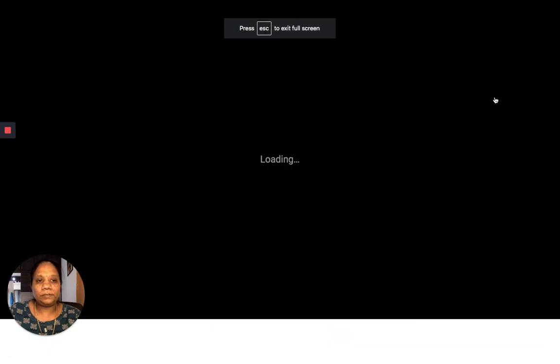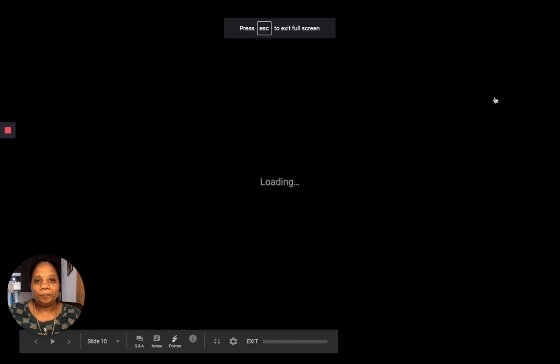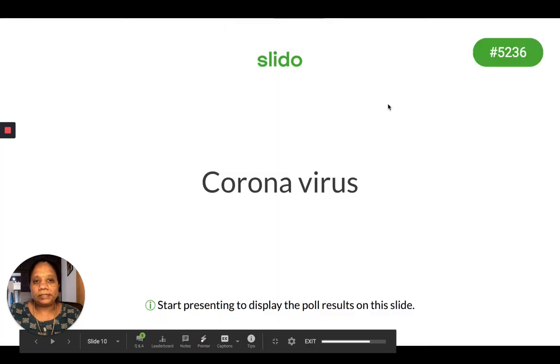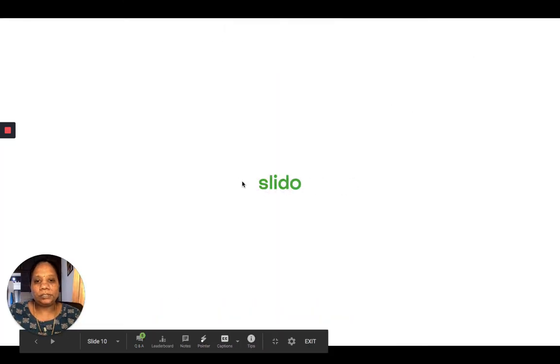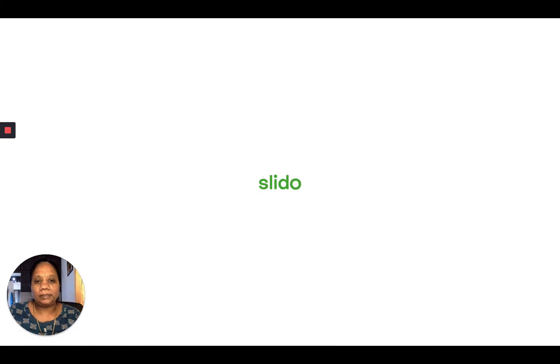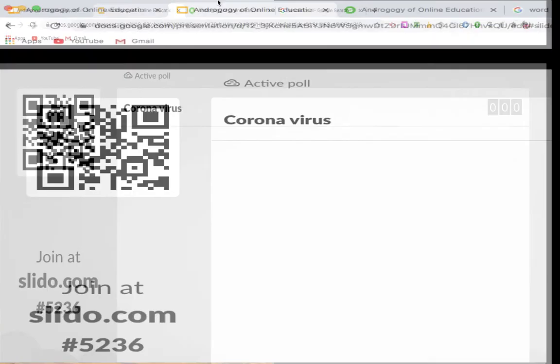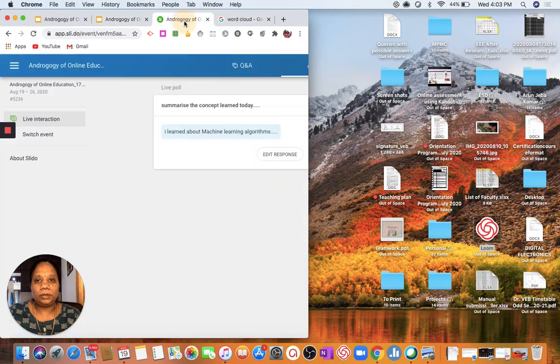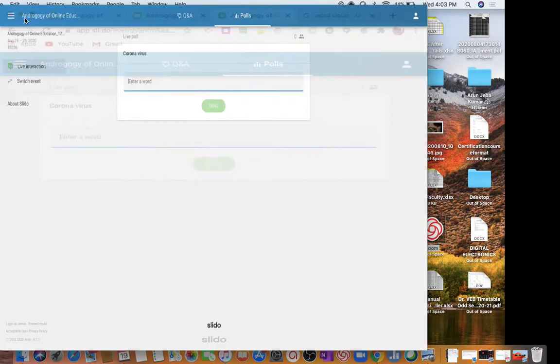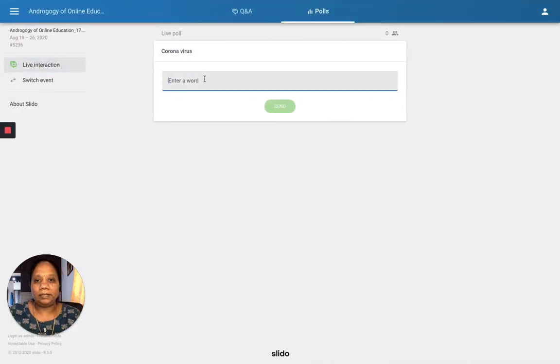So let me just first show you the faculty view. So when you present it, this is the thing. You are asking your students to take up coronavirus as a central theme, and then you want them to type in the words related to coronavirus. Okay, so they can either go into slido.com, type in the key, or they can scan the QR code. Now let me go into the student account and show you how, see, automatically the third activity appears for the students.